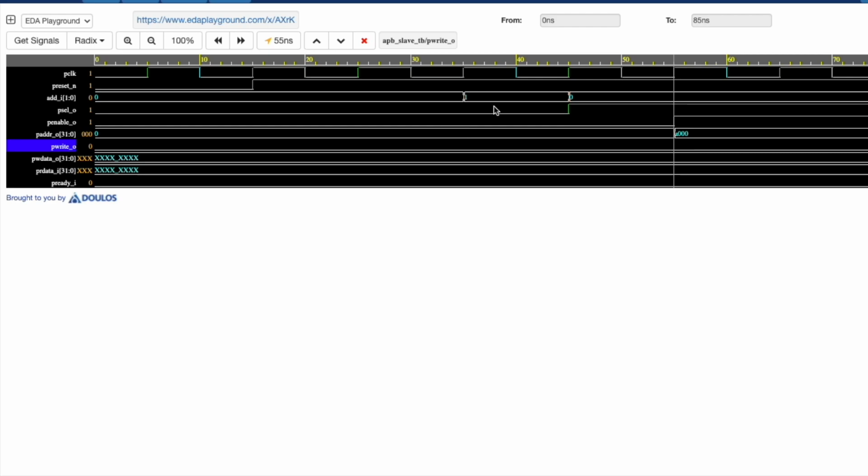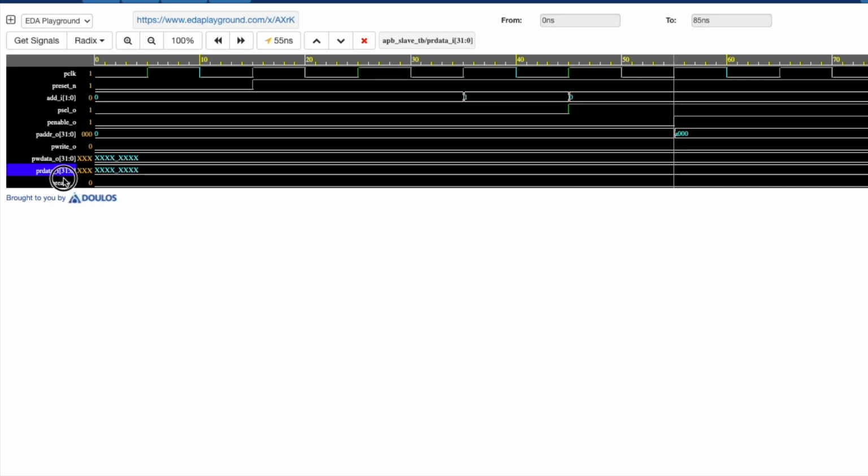Why 0? Because your add_i bit 1 was 0, which means that it is a read transaction, which is correct. Your write data is all unknown, which is fine. It can be unknown during a read transaction. Your read data is again unknown because this is an input to our RTL, which means the testbench needs to handle it. We haven't added that logic.